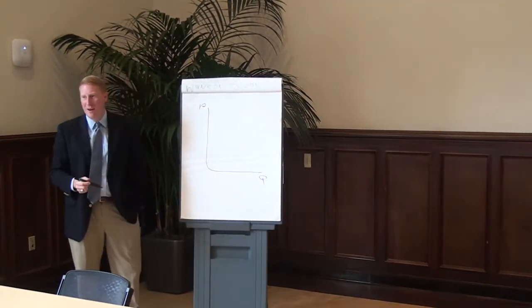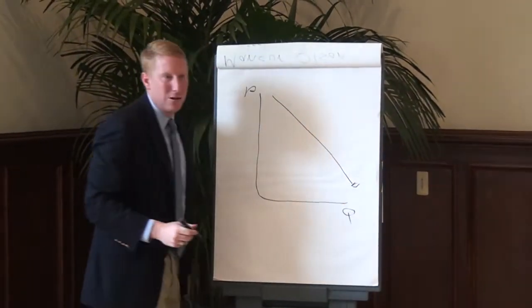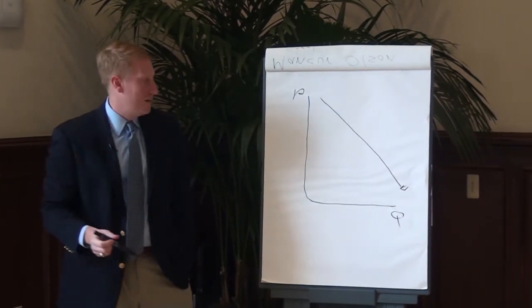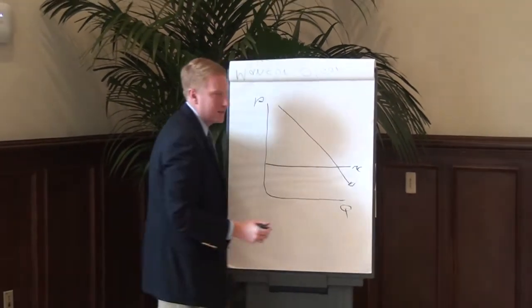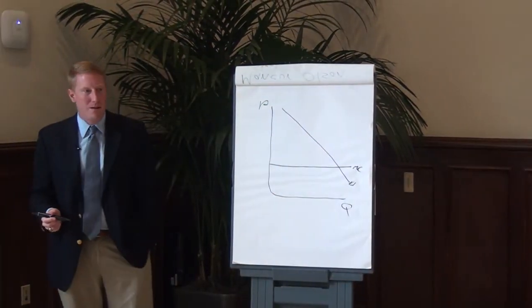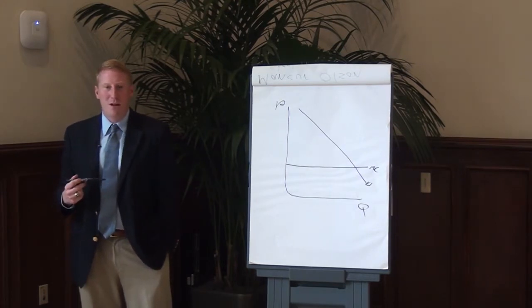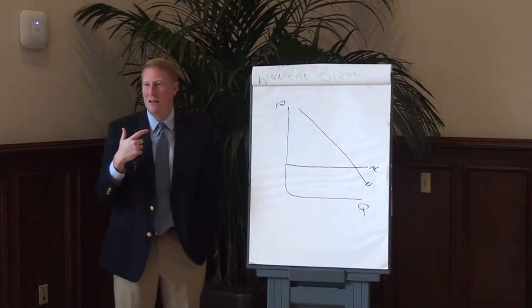You've got price and quantity, and you face a normal downward sloping demand curve, but because there's only one seller, they get to choose what price they set. Say they've got some marginal cost, and let's just make it simple and assume there's no fixed cost, so that's also their average total cost. So if we wanted all of the gains from trade to be exhausted, what does this demand curve actually measure? The height of it, what does it mean?